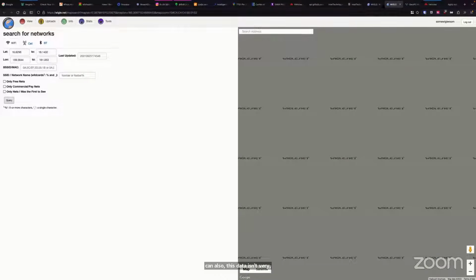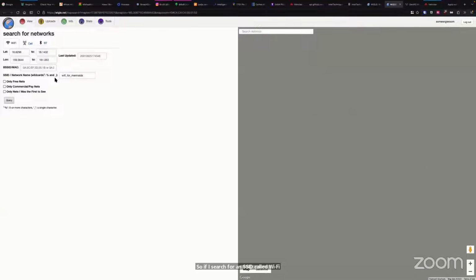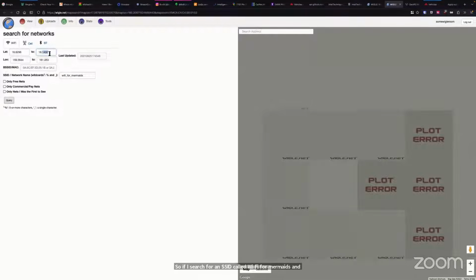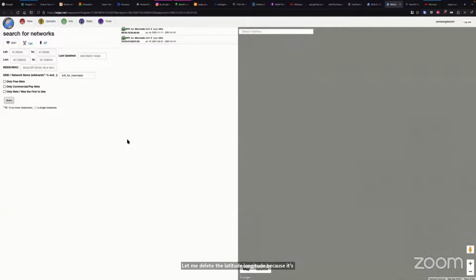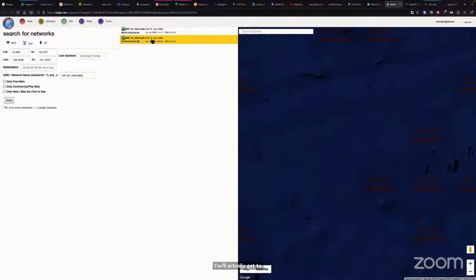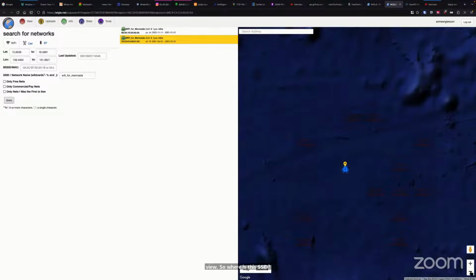You can inject fake data in here. So if I search for an SSID called Wi-Fi for mermaids and query the results, let me delete the latitude, longitude, because it's limited by those. You'll actually get two SSIDs, and let's use a satellite view. So where is this SSID? It's right there. It's in the middle of the ocean.